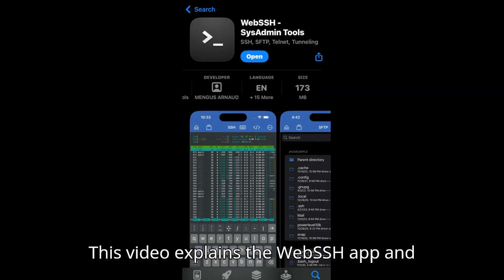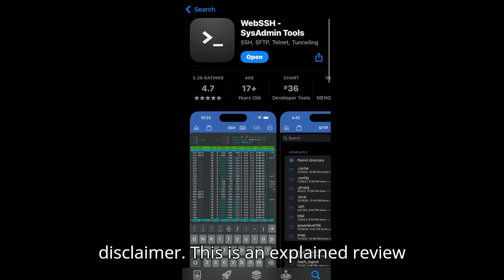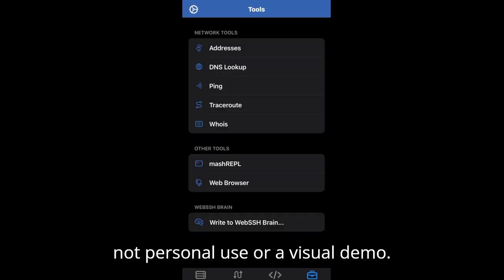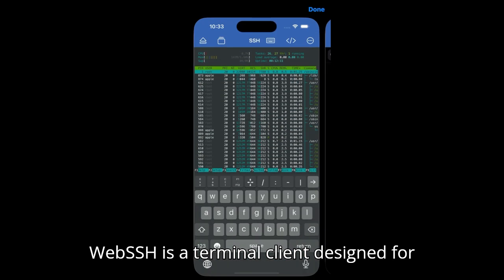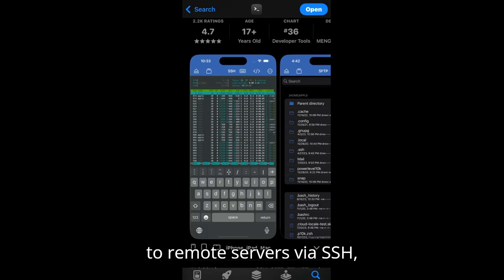This video explains the WebSSH app and whether it's worth using. Quick disclaimer. This is an explained review based on user feedback and online data, not personal use or a visual demo. WebSSH is a terminal client designed for iOS that allows users to connect securely to remote servers via SSH,